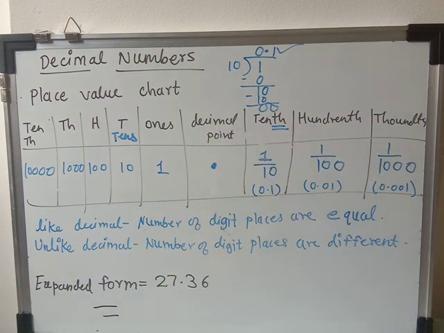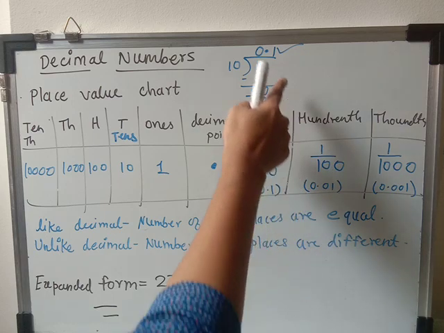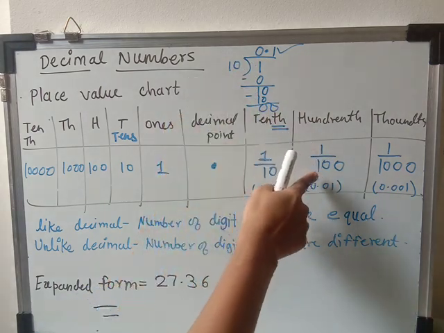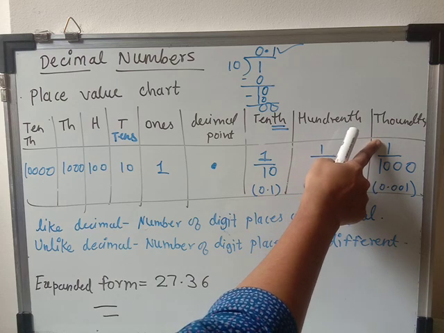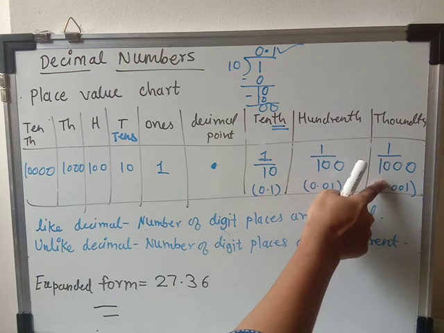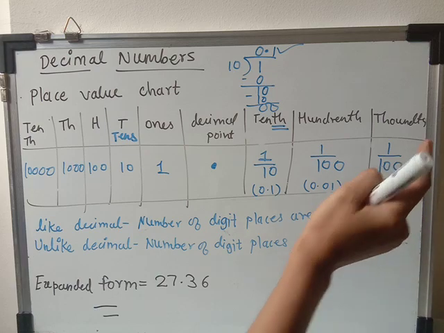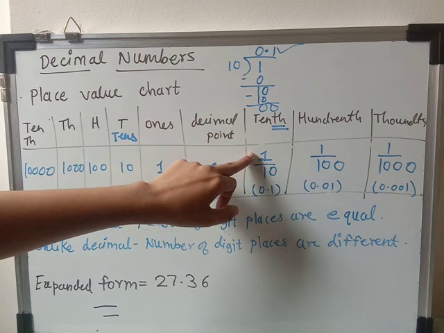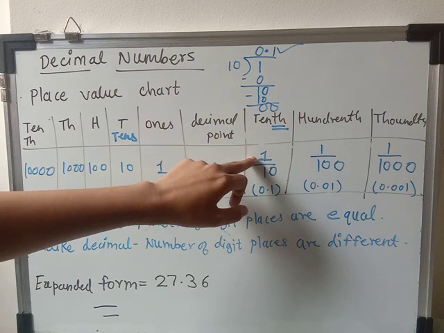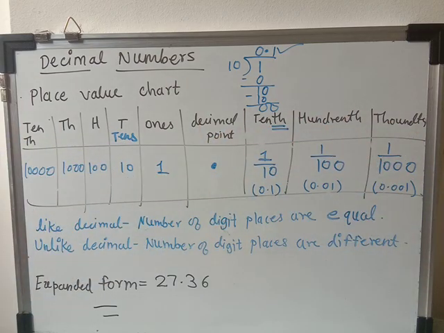After tenth there is the hundredth place. This is one part of the 100. In the same way you divide 1 by 100, you will get 0.01. Then the thousandth place is here. 1 upon 1000, what is the value of 1 upon 1000? That is 0.001. So remember students, after the decimal the places start with the tenth, where the place value is 1 upon 10, hundredth place is 1 upon 100, thousandth place is 1 upon 1000. You have to remember.